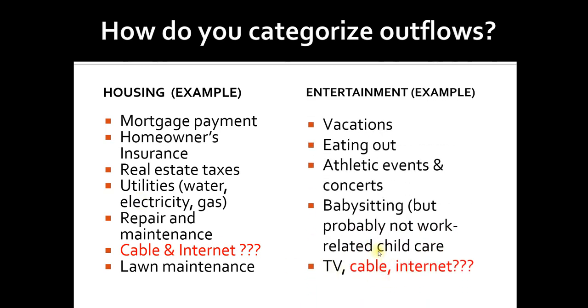But cable and internet could also be considered with entertainment expense. So the reason I included this in red here is because you can see this in both categories. This is really user preference and client preference as to how they think about it. Some clients may think, oh yeah, cable and internet, that is just an entertainment expense. We treat that like we would going to the movies or something like that. Some clients treat it as, nope, cable internet, that is a utility like water and gas or electricity, and that is something that is a staple and we treat it as a